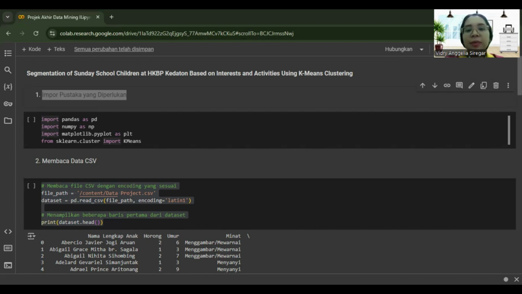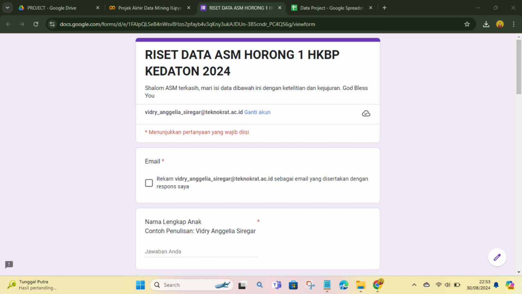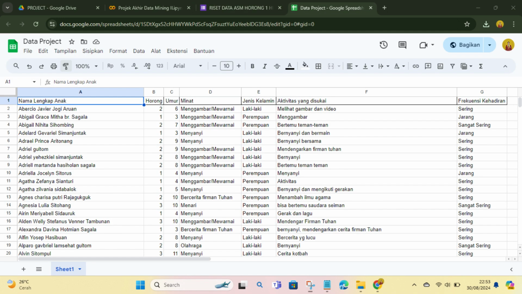This dataset is imported from a CSV file. I used a Google Form to collect data related to the interests and activities of the HKBP Kedaton Sunday School children, combined everything into an Excel file, and exported it into a CSV file.